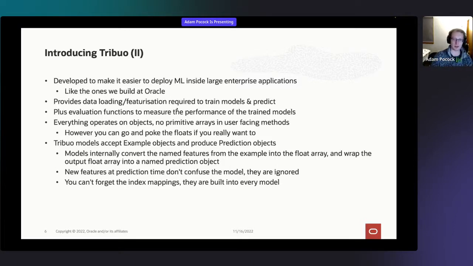And one other thing is if you're working with objects, but you have to get into the float array, you're going to have some kind of mapping function from those objects to the float array. We manage those for you. You don't have to worry about them. You don't ever actually have to see them to be able to do something with the system. Previously, we've built this before, and we had to manage these mappings ourselves, and it got very tricky, and you could get them confused. And when you got them confused, your system just stopped working for inexplicable reasons.